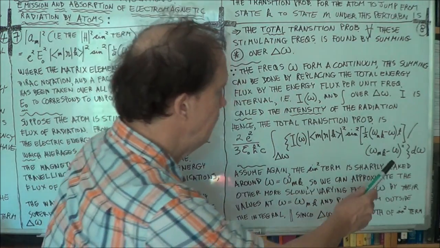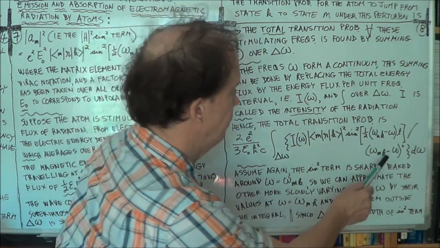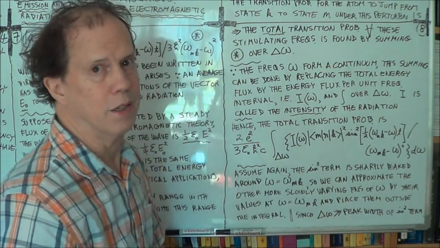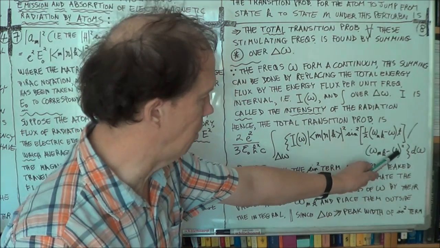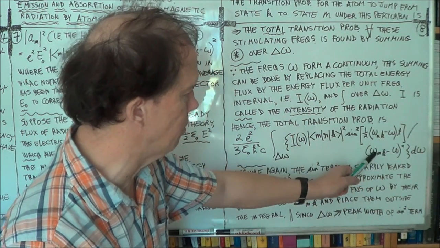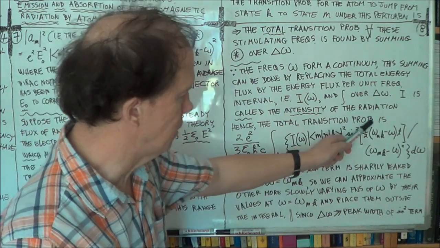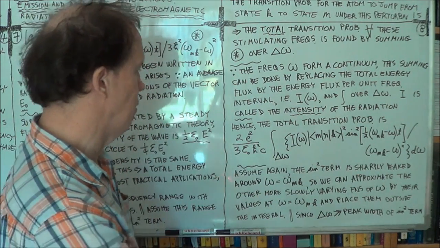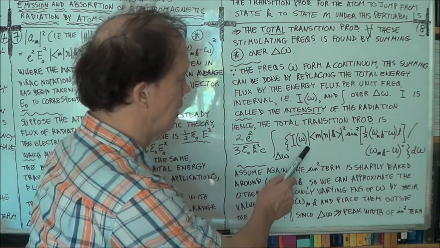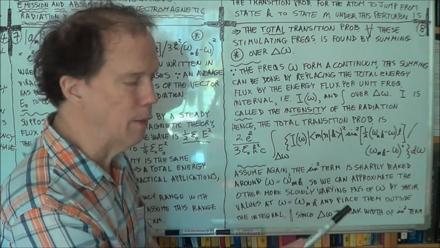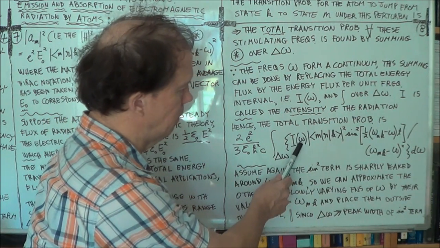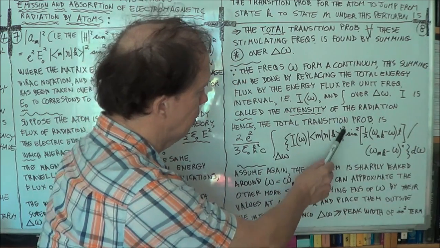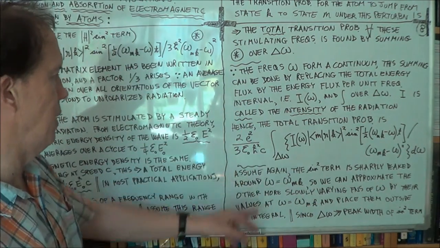Now, again, similar reasoning as before, this sine squared term is sharply peaked, right, around omega when omega equals omega mk. So effectively, these other terms, which vary much more slowly as a function of omega, you can bring them outside the integral,